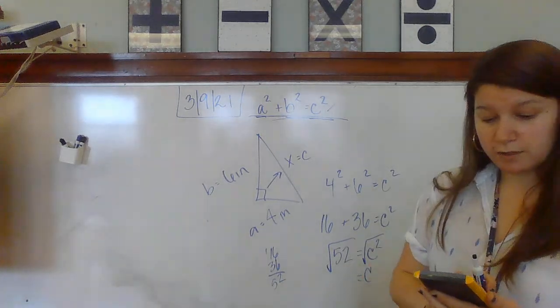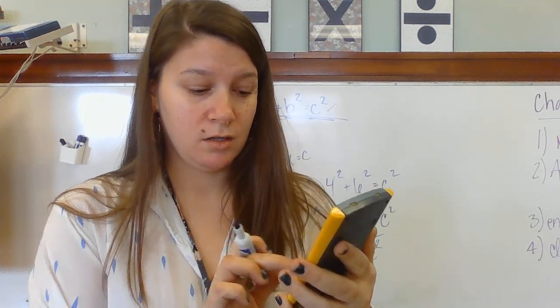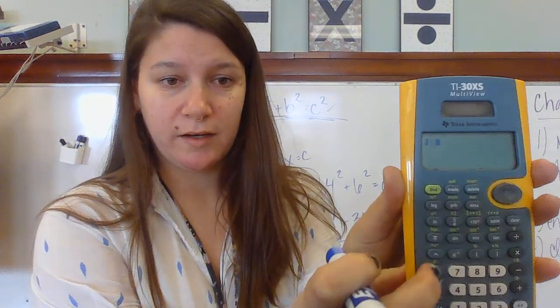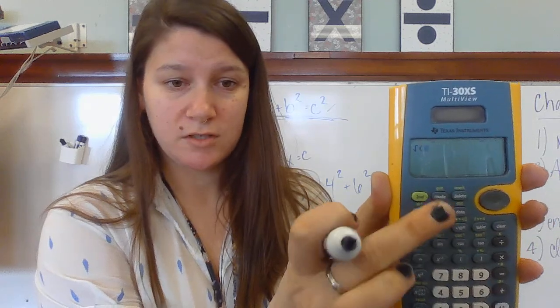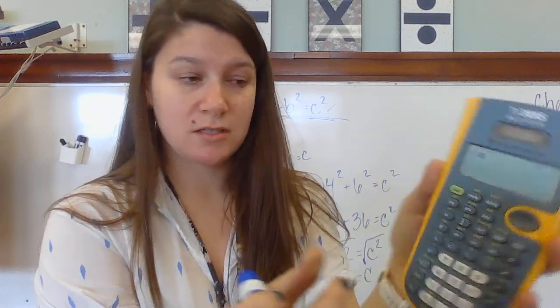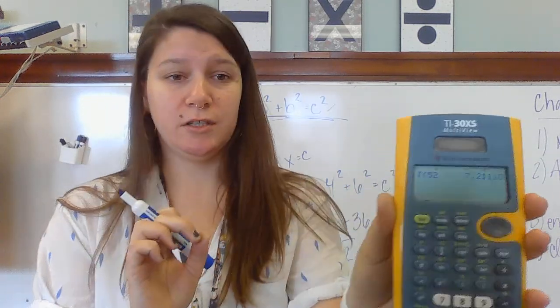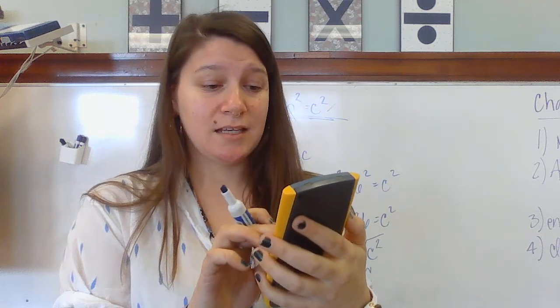And then to do a square root on your calculator, you hit second, and then you hit the x squared button, and it'll give you a radical. So second, and then x squared, because it's the opposite of x squared. Type in your number, 52, and press enter. And it's going to give you,